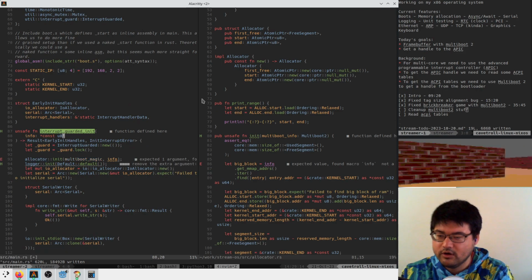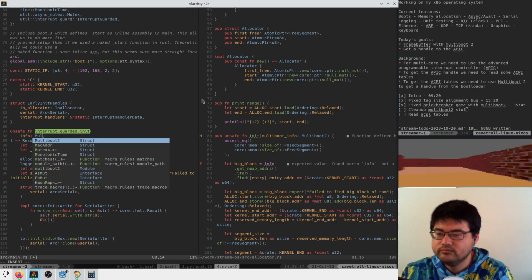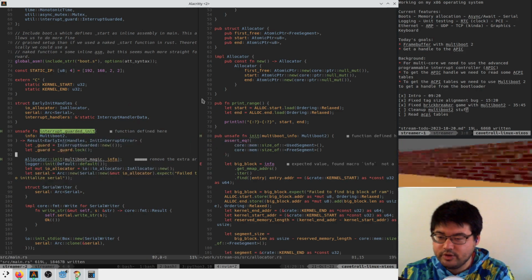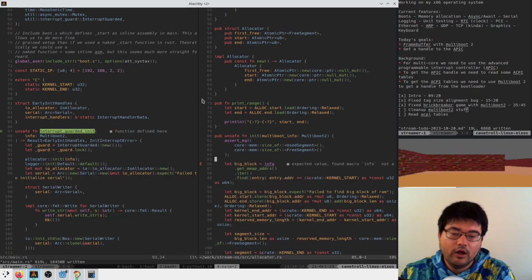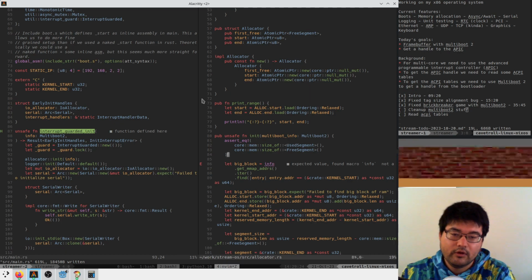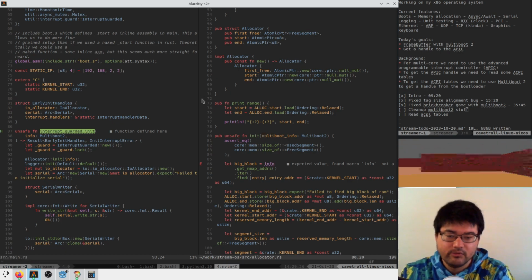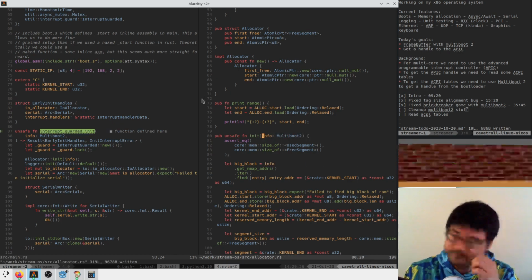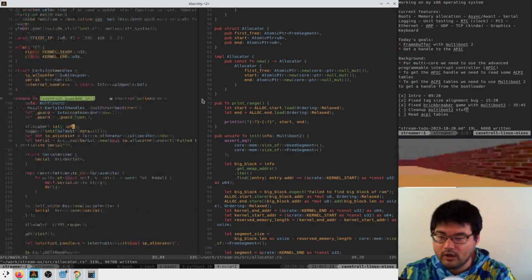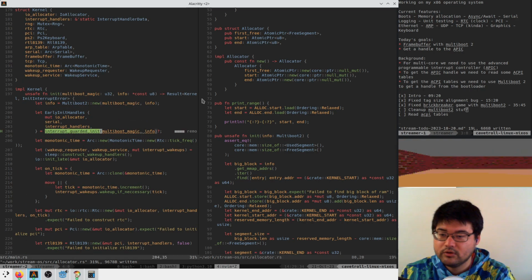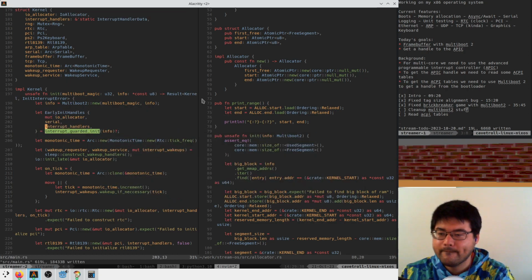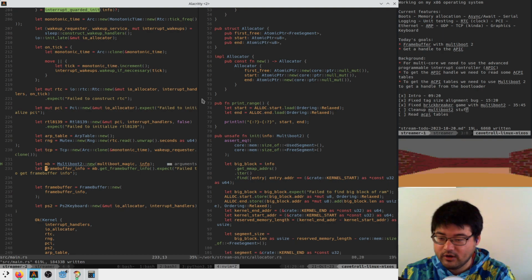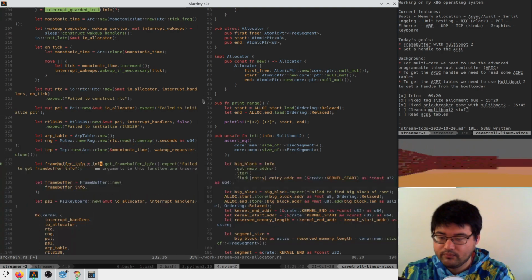So here we'll pass it in like this. Great. And now info here is a multiboot 2, and the allocator init comes with the multiboot 2 info. Great, we'll just call this info here. Everything else just works. Cool. Here we can pass in info. And I think the only other thing here now is to fix this guy.